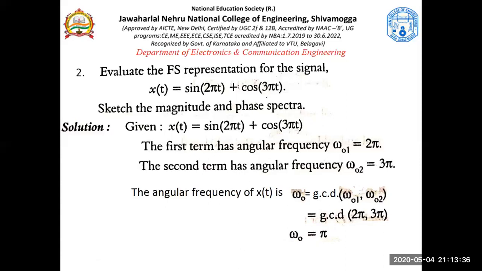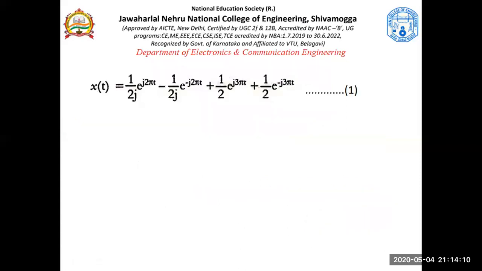So what we have done is we have obtained the angular frequency, because if you know the angular frequency, then I can know k. If I know k, then only I'll be able to identify whether the coefficients exist at k equal to 1 or k equal to 2 or k equal to 3, like that. Everybody's okay? So this is very important. This omega naught equal to pi is very important from the point of view that it will help us identify the coefficients in the frequency domain. Understand that?